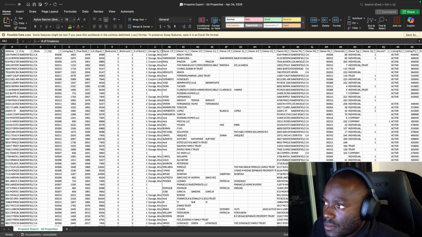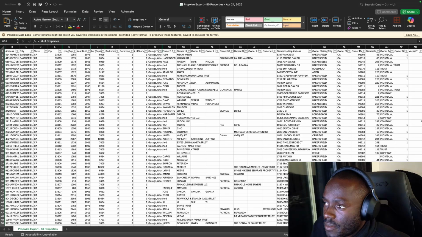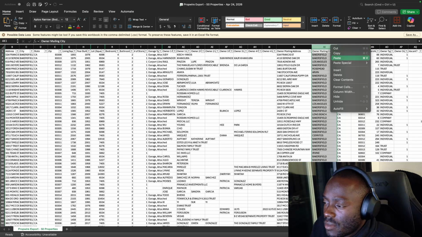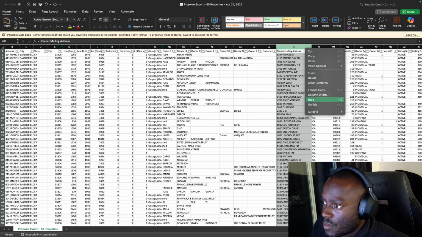Owner mailing city. We don't need the mailing city. We actually don't need the mailing address right now, so hide that.